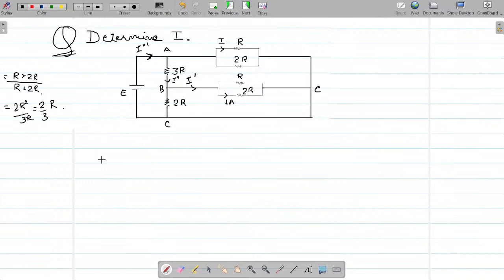So tell me, what will you write for I triple dash? Can I write 4 is equal to I triple dash times, now